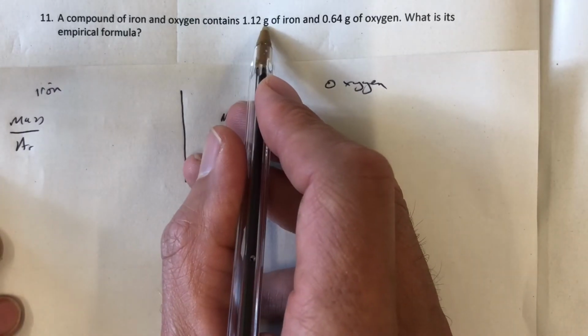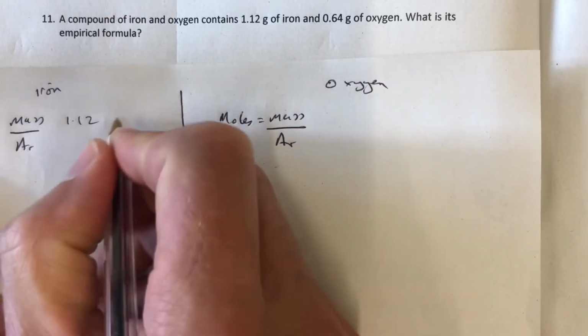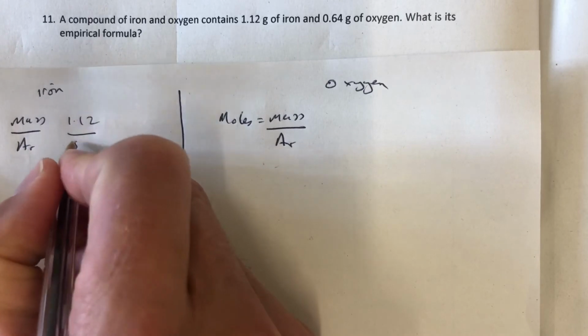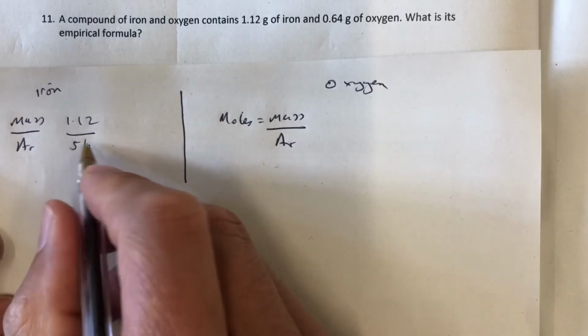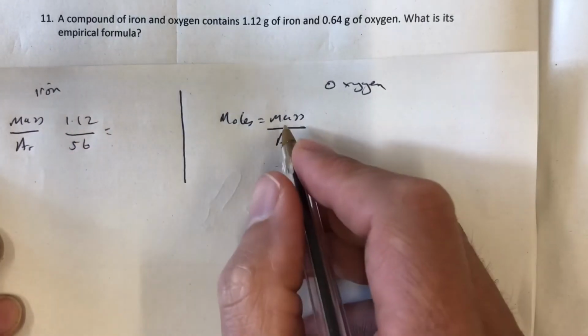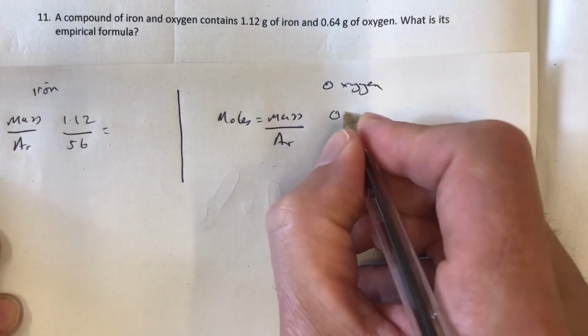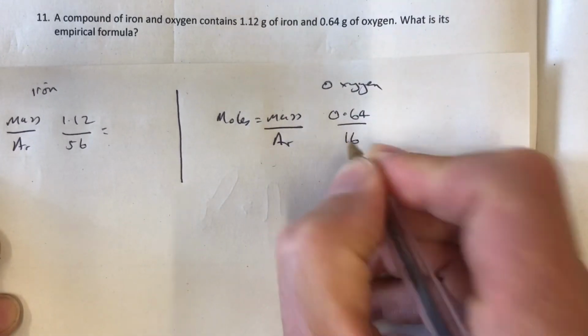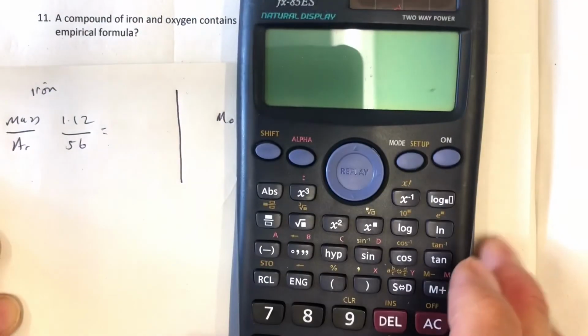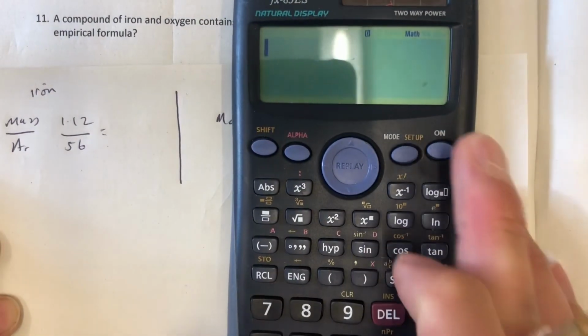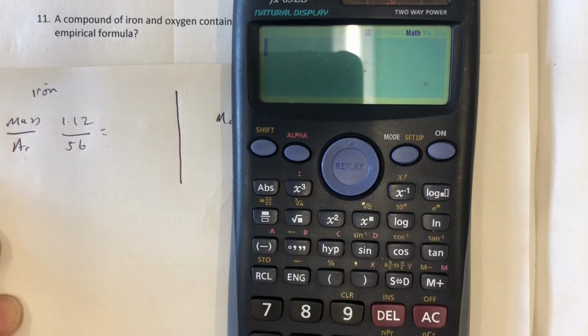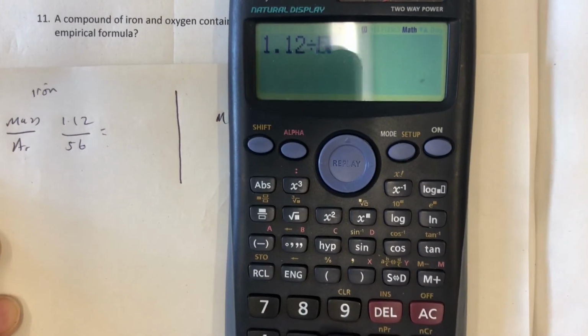There it is. We know it's a mass because it's got a unit after it, 1.12 grams of iron. And now the atomic mass of iron is found on the periodic table, it's 56. Okay, and that's what we do there. On the oxygen, it's 0.64 grams of oxygen, 0.64 divided by 16, because that's the atomic mass of oxygen. Stick those two into a calculator. We'll start with this, 1.12 divided by 56 equals